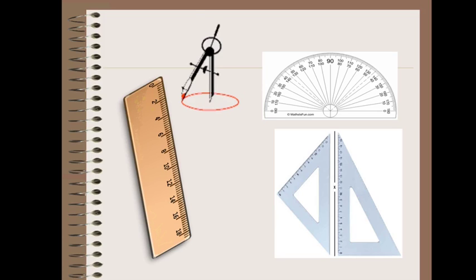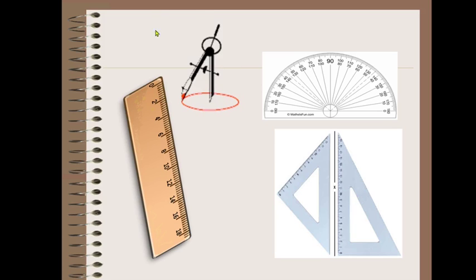These are some instruments which are usually found in our compass box. The first instrument which you can see on your screen is called scale or ruler. We are aware of this and we use this scale to draw a straight line segment of given measurement. We also use this scale to measure linear distance between 2 points.